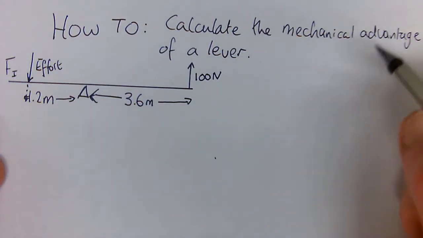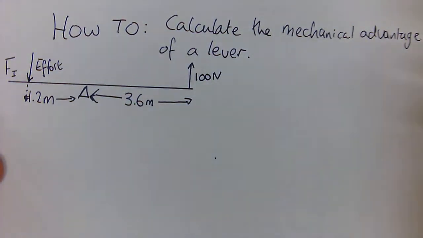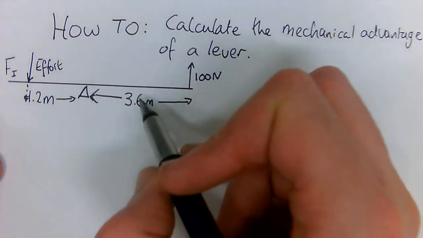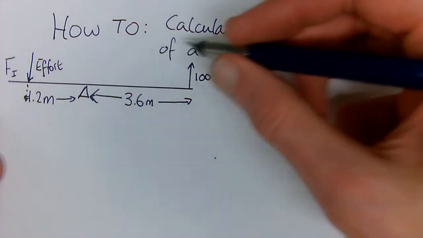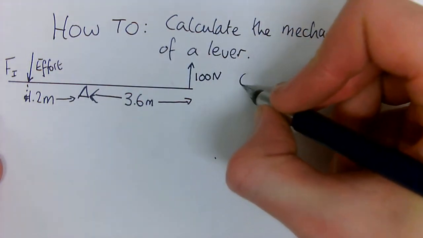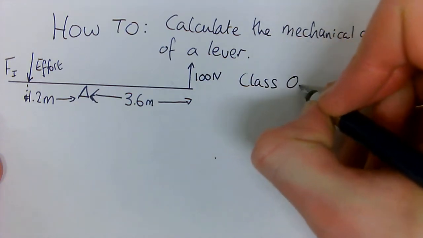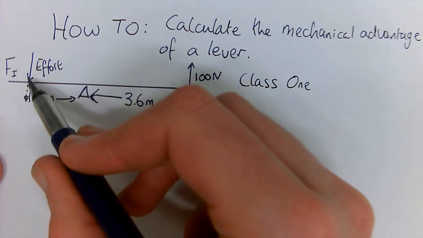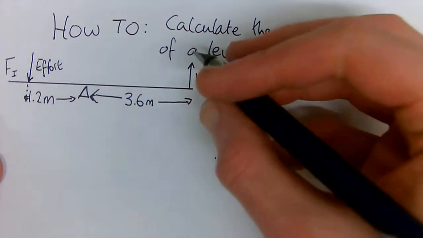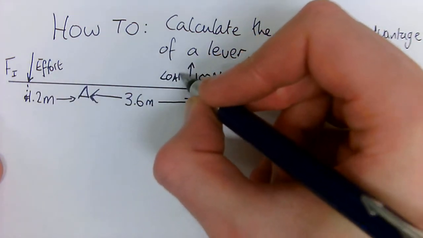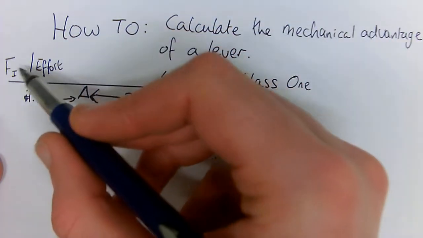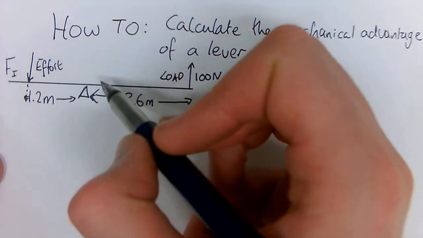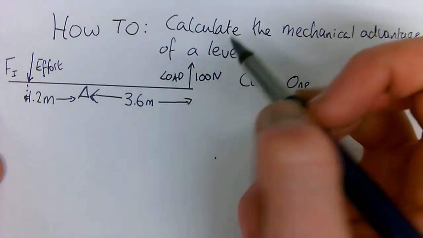How to calculate the mechanical advantage of a lever. Got ourselves a lever here. First thing we will notice is this is a class 1 lever. It means that our pivot is in between the effort we apply and the load we lift, or the force in is on one side of our pivot and the force out is on the other side